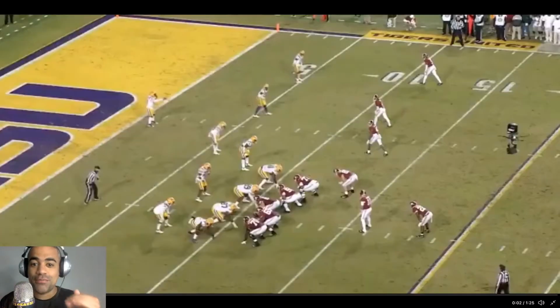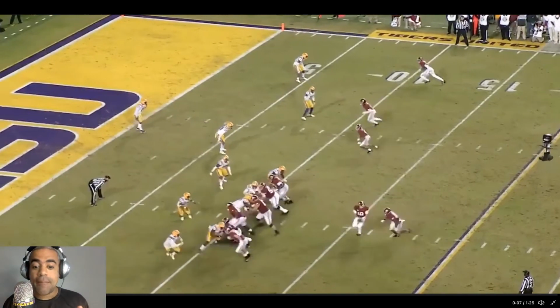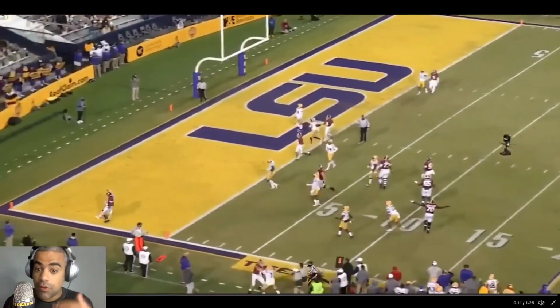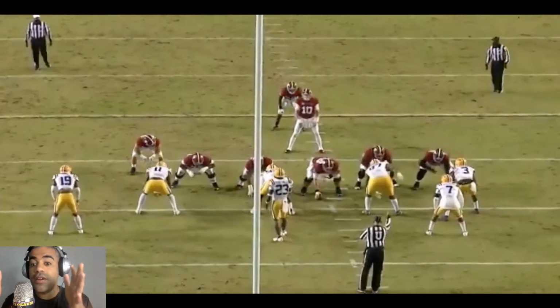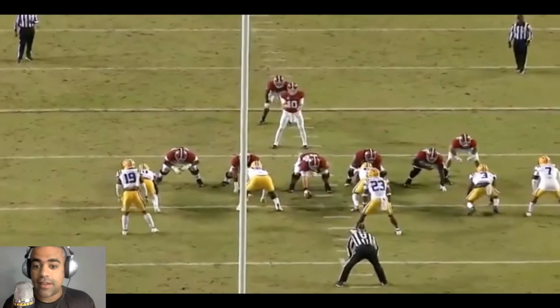Let's go! Die hard defensive film study today. I'm going to need your help, guys, because we need to figure out what happened to LSU's defense in 2020 and what we need to fix for 2021, because all signs indicate that LSU is going to run a similar 4-3. And really this play, but how LSU defended basically this exact run the year before against Alabama, but in